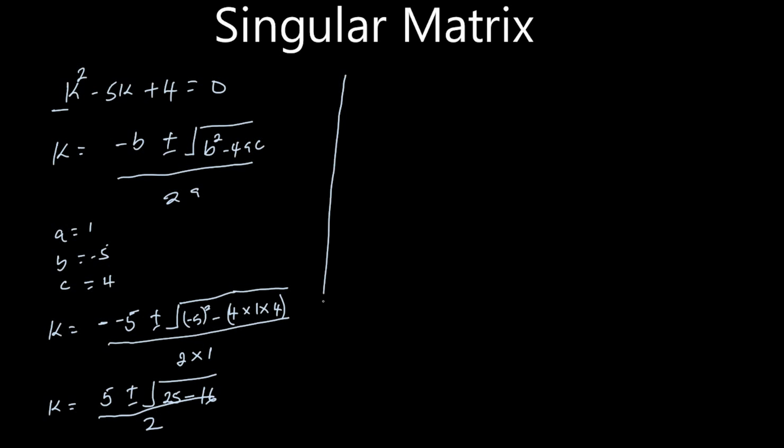So that now we have k equal to 5 plus or minus the root of 25 minus 16, which is 9, divided by 2, so that we have k equal to 5 plus or minus, and now the root of 9 is 3, so plus or minus 3 divided by 2,